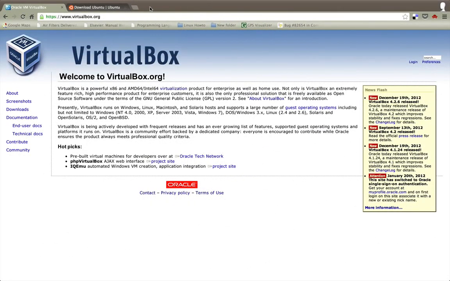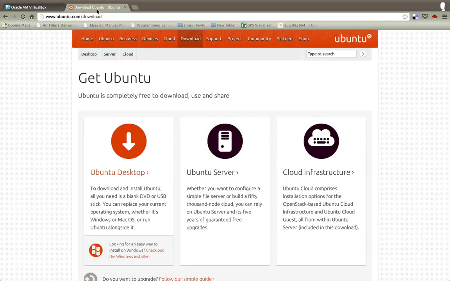With regard to our development environment, we're going to assume that you're running on Linux or Unix. And if you do not have access to a Linux or Unix machine, the quickest and easiest way to get up and running on, for example, your Windows computer is to go over to virtualbox.org, grab yourself a free copy of the VirtualBox virtualization product, and it's a free download. Then go over to ubuntu.com and click on the download link and grab yourself a copy of the Ubuntu desktop.